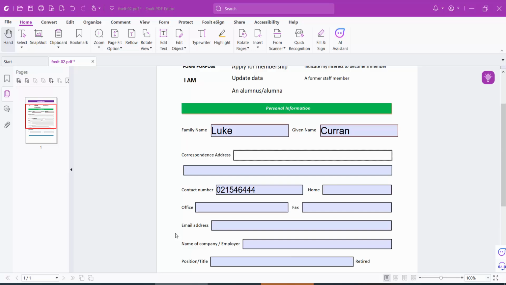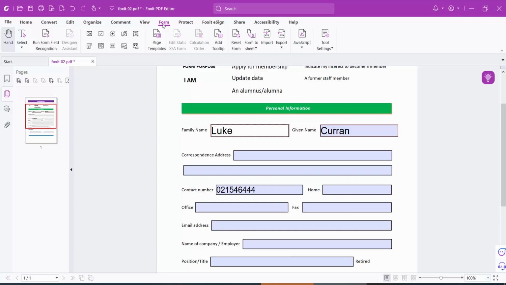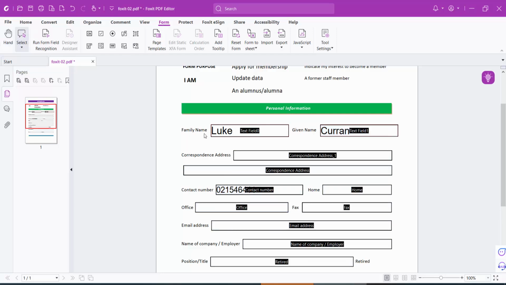Hello everyone, today I will show you how to make a fillable text box read only. Open your fillable PDF form and I will make this fillable text box read only. Now select this form option, click on the selection tool, select annotation and drag your mouse cursor,